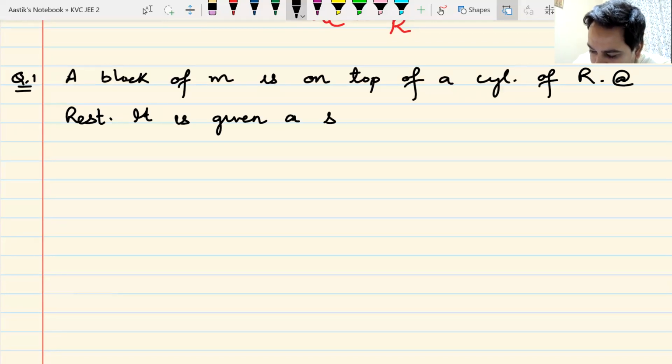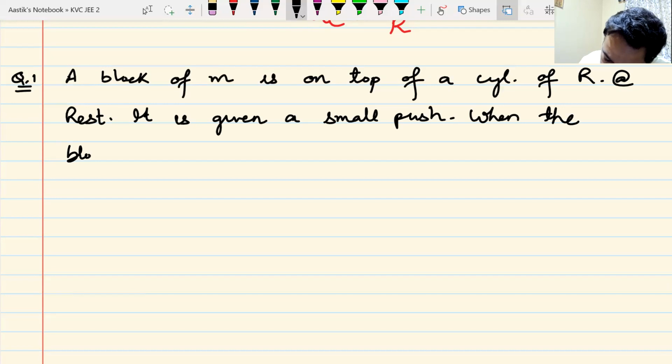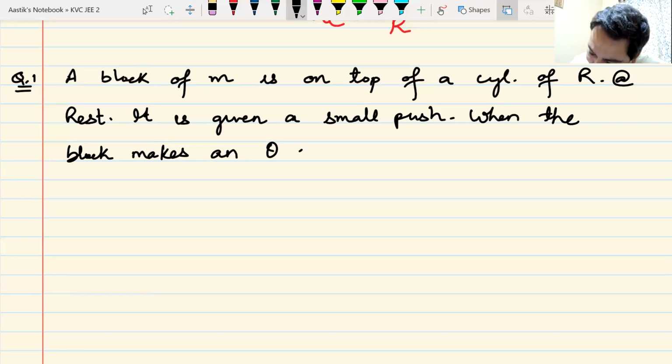It is given a small push. When the block makes an angle theta with the vertical, remember sometimes the angle is given with the horizontal. You have to be careful. When it makes an angle theta with the vertical,